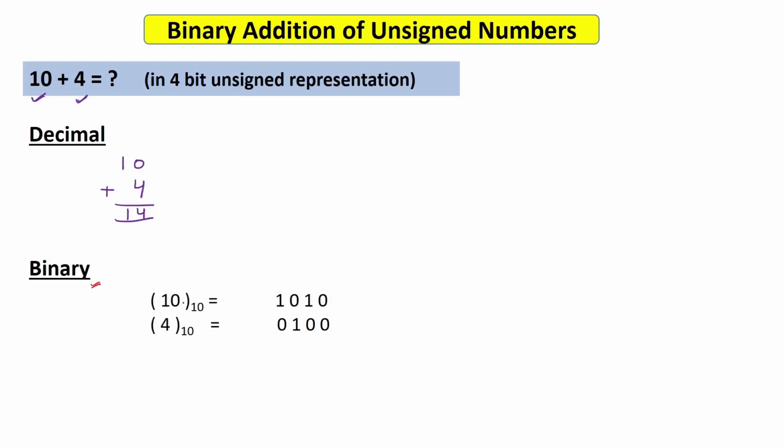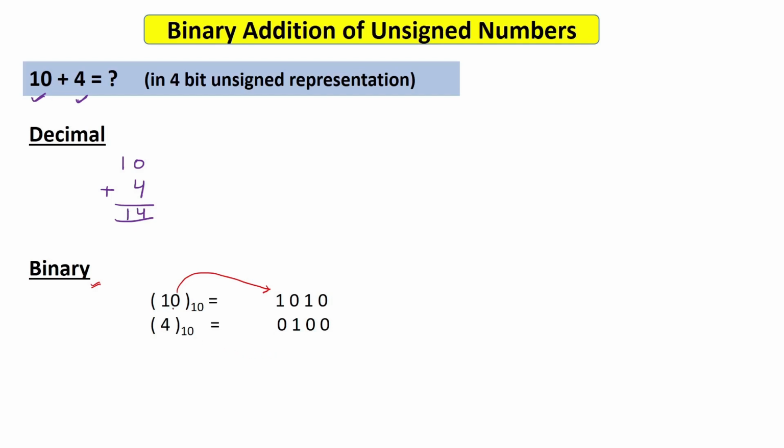As you can see here, if we represent this 10 as a binary number, then it will be 1010. And this 1010 is the unsigned representation of 10. That means all these 4 bits 1010 are giving me the magnitude. There is no concept of a sign bit in case of unsigned numbers, that you have to take care of. And this 4 can be represented in binary as 0100. I have already told in the number system video how we can convert a given decimal number into a binary number. You can check the link of that video in the description below or in the I button also.